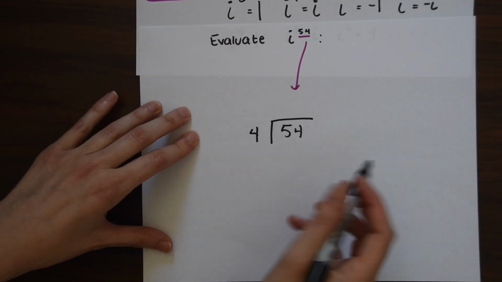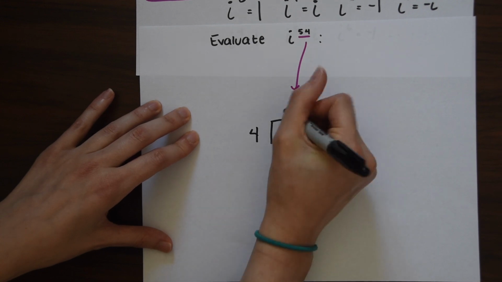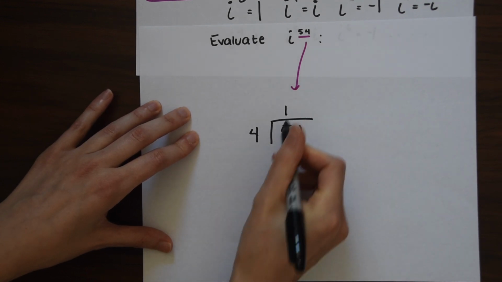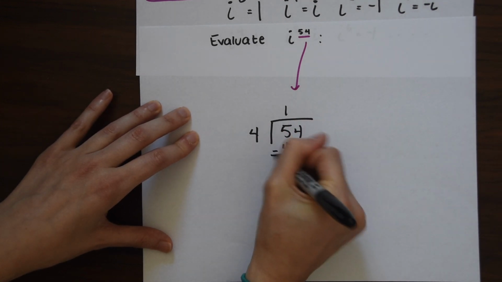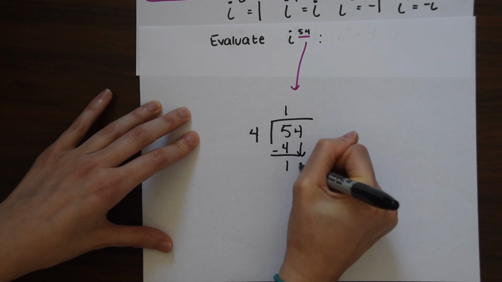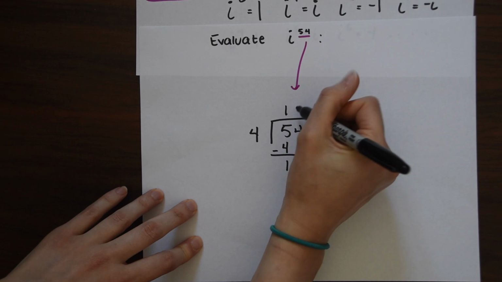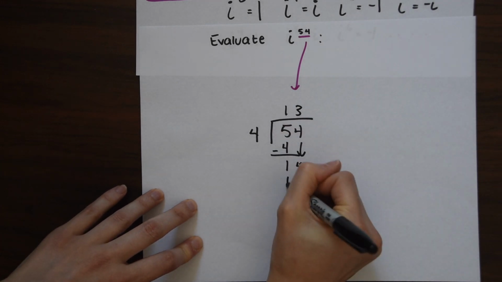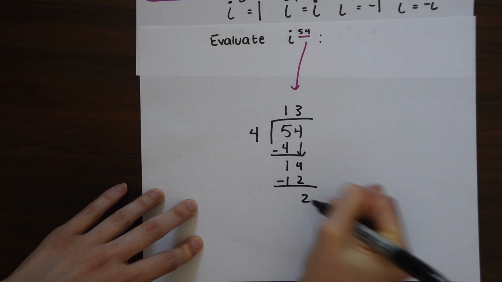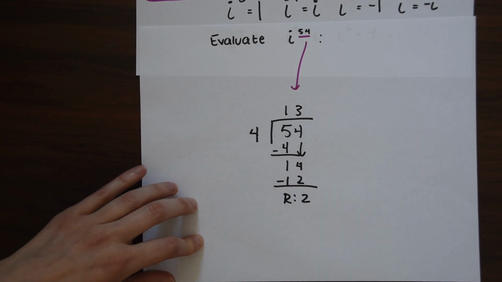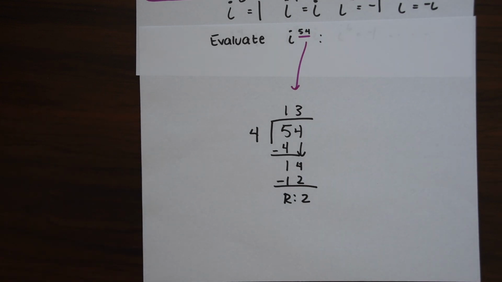So now we're just going to do long division. 4 goes into 5 one time. 1 times 4 is 4. Bring it down here, we get 1. Bring down the 4. And then 4 can go into 14 3 times. 3 times 4 is 12. And notice we get remainder 2. So what we're going to do with that remainder,